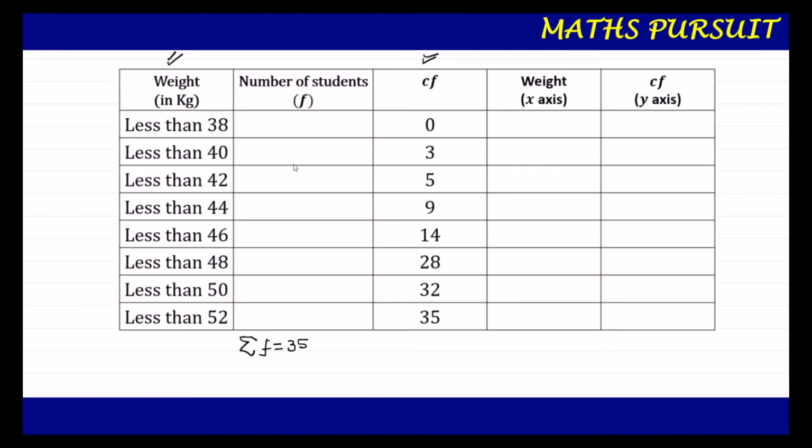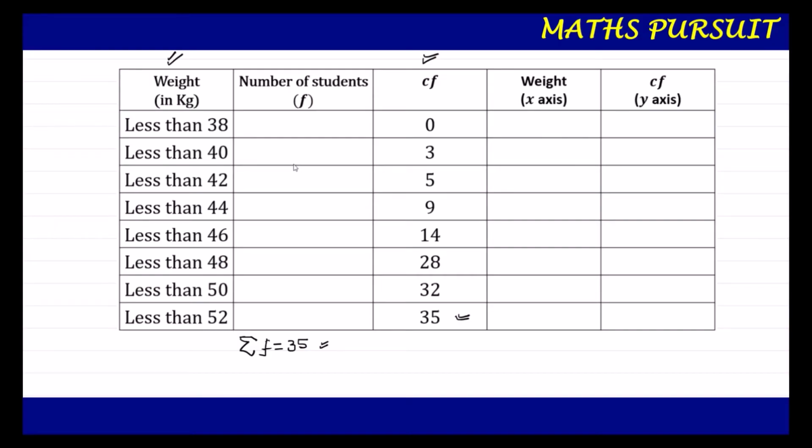I have already told you that the last digit of the cumulative frequency should match with the sum total of the frequency. And the other check is that whatever the sum total of the frequency is, that number is always given in the question. If you read the question once, you could see that during the medical checkup of 35 students, it is clearly mentioned that it is 35. So for that reason, these numbers are cumulative frequency, and we have included these numbers as a cumulative frequency for our workout. Now guys, after getting the cumulative frequency, we need to calculate the frequency.